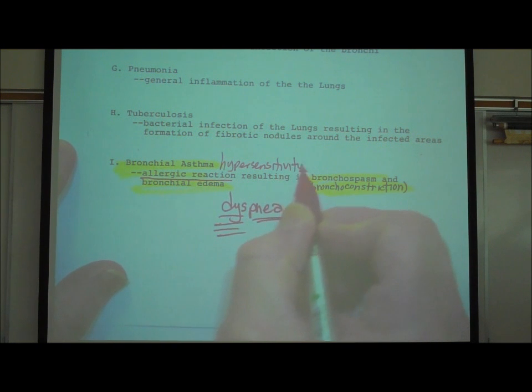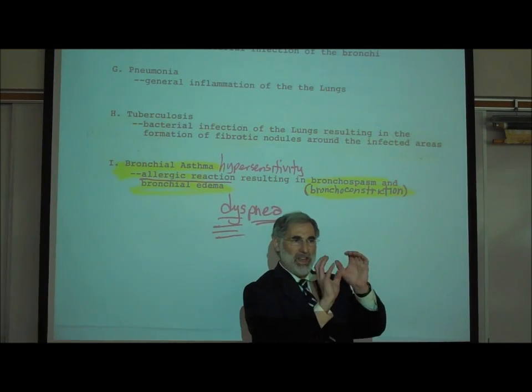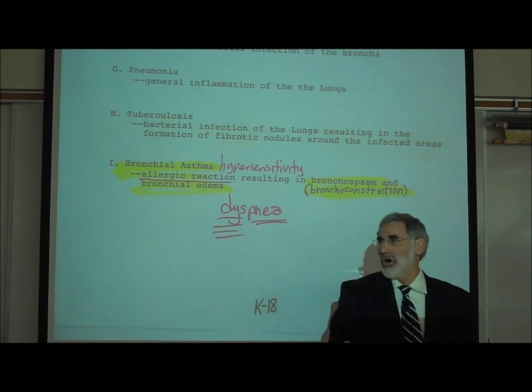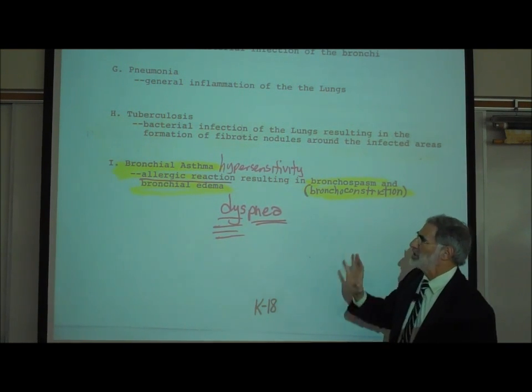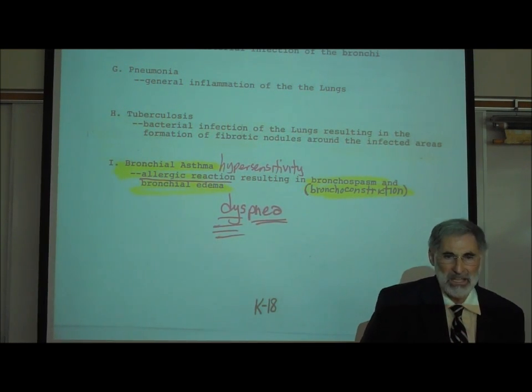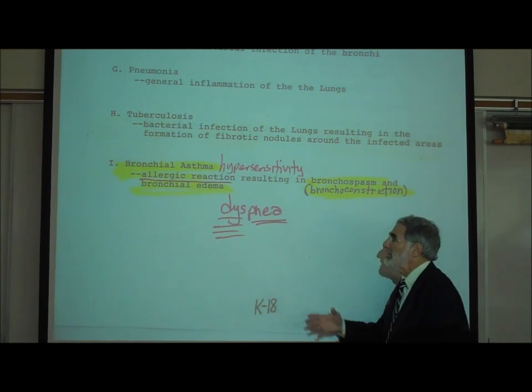The airways are very sensitive, they constrict. That's called bronchoconstriction or bronchospasm. There is a release of a lot of mucus and fluid, creating